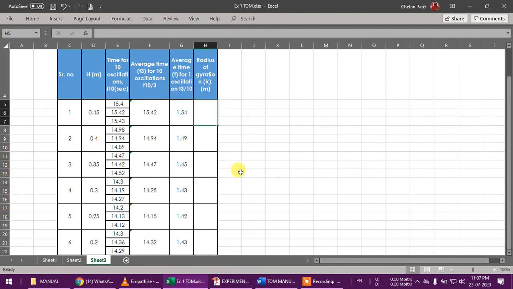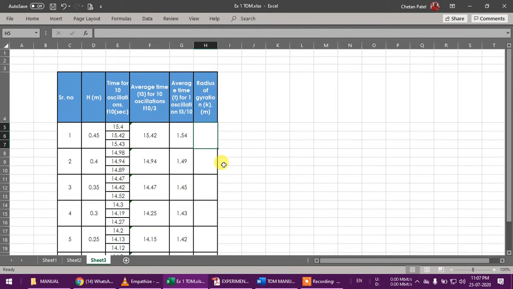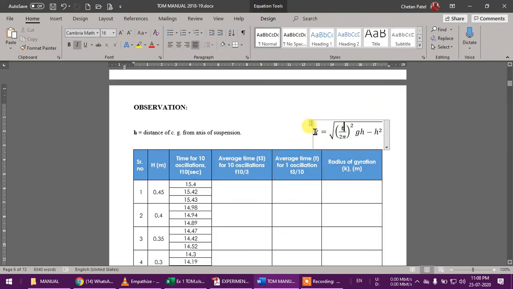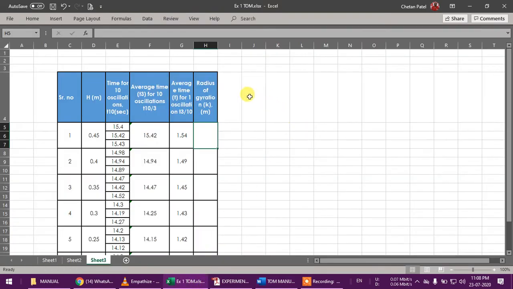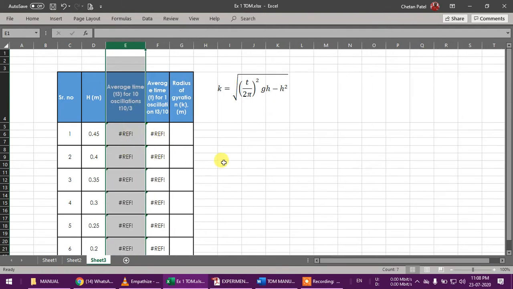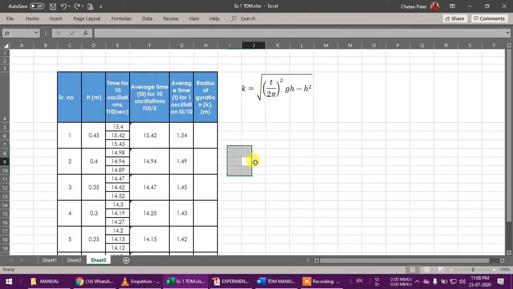Now we need to find k. So this k is as already given. It is something like this. So let us copy this equation and put it into Excel, and we'll find this. Now how to remove these 3 cells? If we delete this, then what will happen? We'll be having 0 or some reference value here. So it is not a good practice to delete.